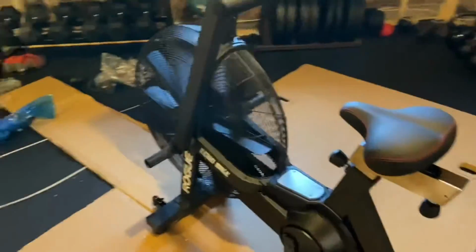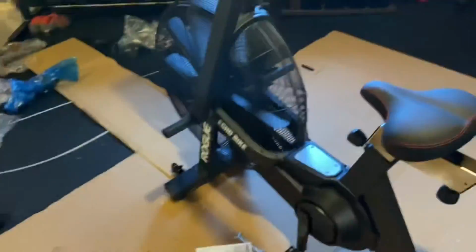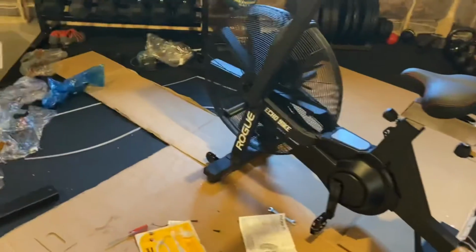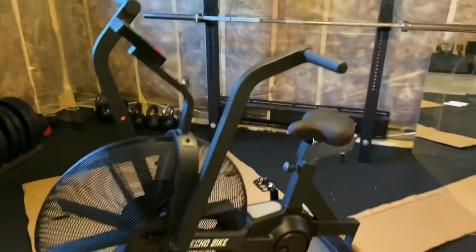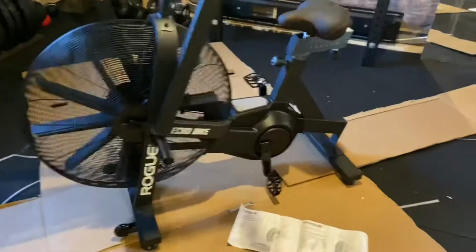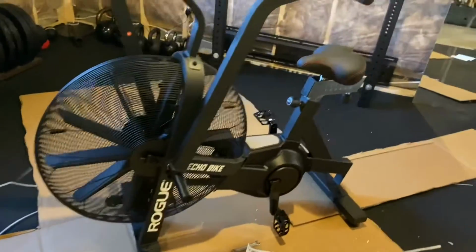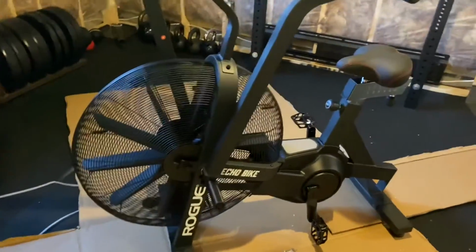That's it, the bike's together. It is now 10:11. So it took just under an hour to get it out of the box, get all the parts laid out, and get it put together. I will say, it went together pretty good, although there are some design features, typical with stuff in mass production, but